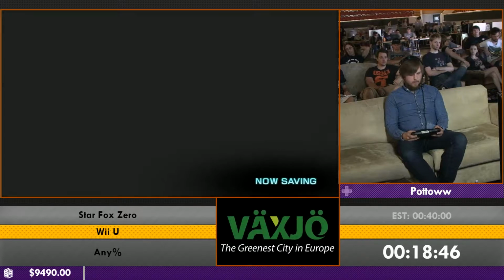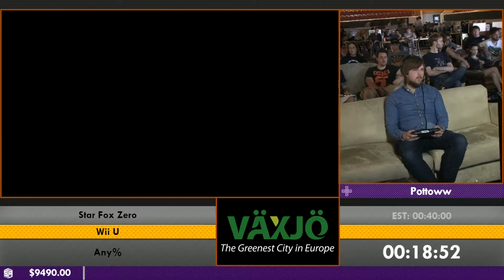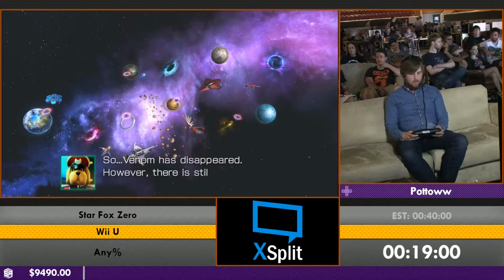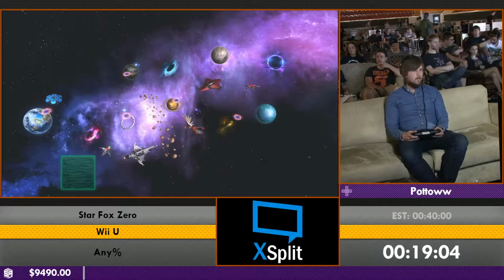So yeah, now it's time for the second stage that you always play, which is Corneria 2. Basically the story is that Andross made Venom disappear and launched an attack on Corneria. This cutscene is unskippable, so I just have to wait and listen to